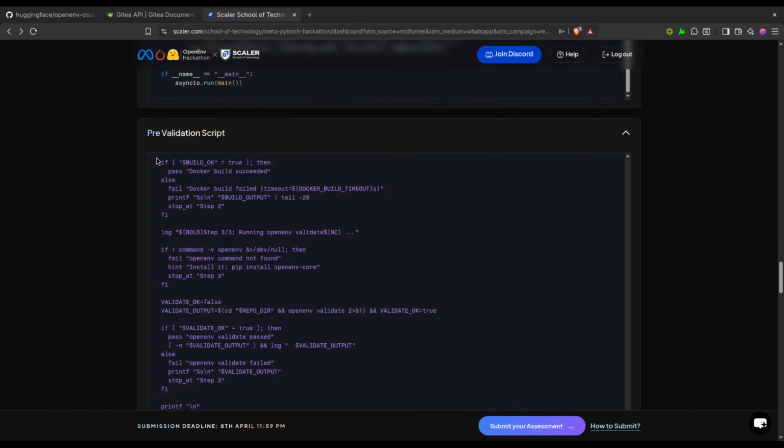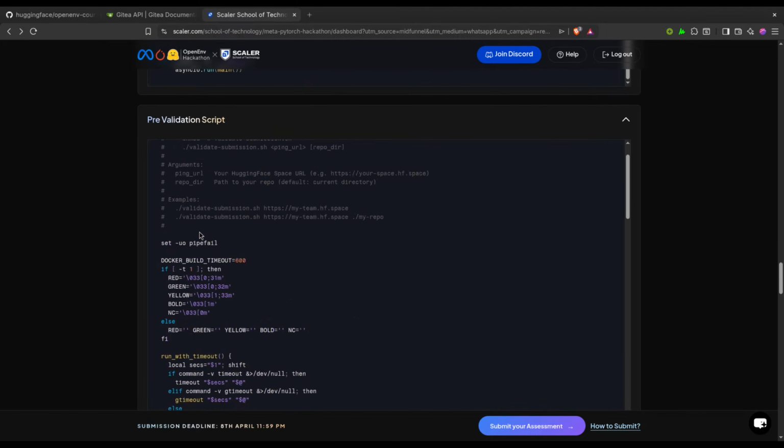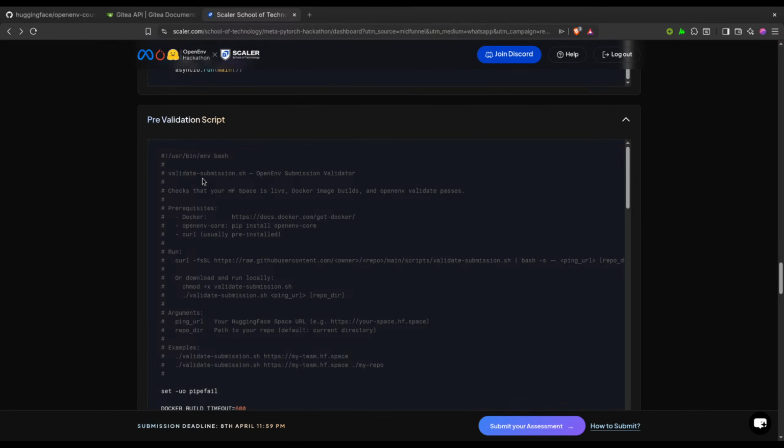Okay. Pre-validation script, validation.sh, environment submission validation. Check that your interface is live, Docker image build and OpenEnv validation passes. So the prerequisites are that we have Docker installed, and we have to have curl.